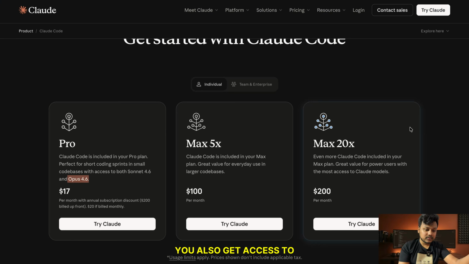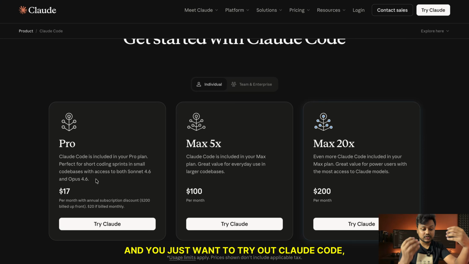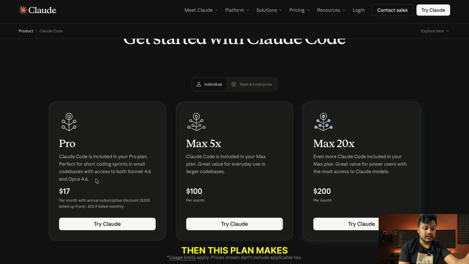And with this plan you also get access to Sonnet 4.6 and Opus 4.6, which is their most complex, most capable model for complex reasoning. If you're building small to medium apps or side projects and you just want to try out Claude Code, then this plan makes the most sense for you. Once you understand how Claude Code works, then you can think about the other plans,